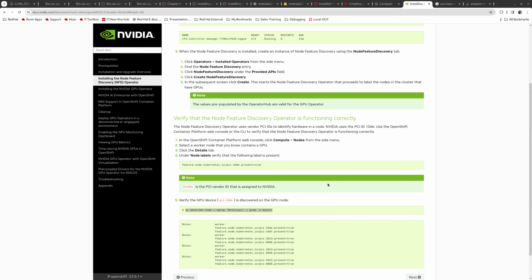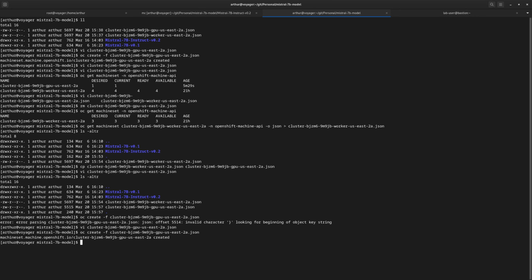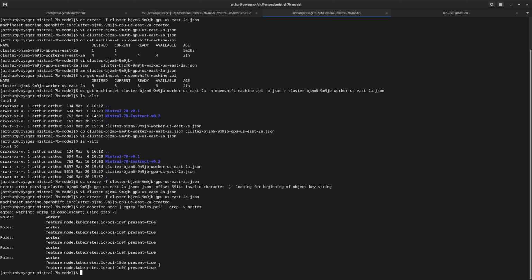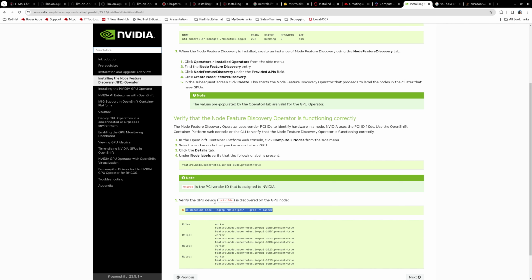Before we continue with the Nvidia operator installation, we need to verify that the feature discovery has been successfully completed. So we're going to run two commands. Okay, and we can see here that we have this node that has 10DE present as requested. So we have this device,